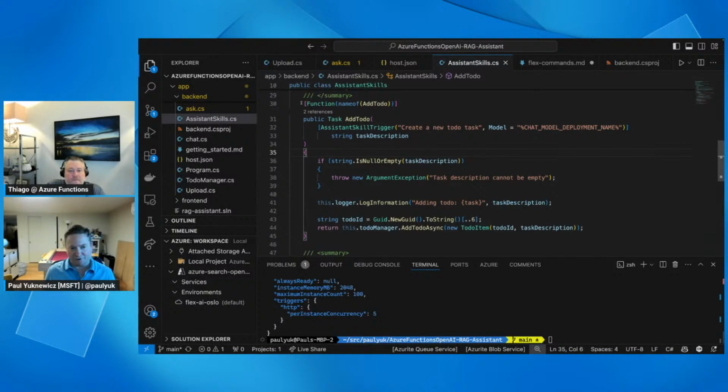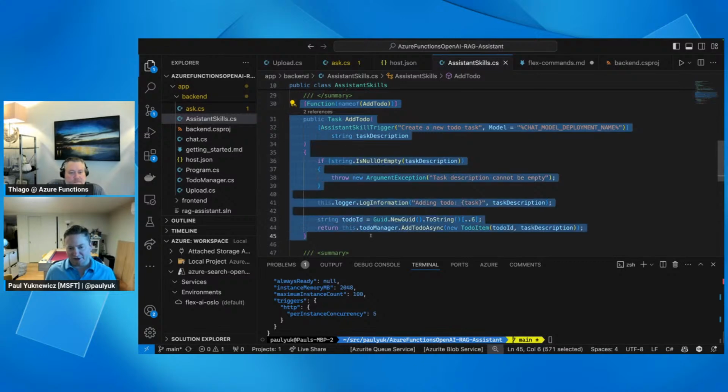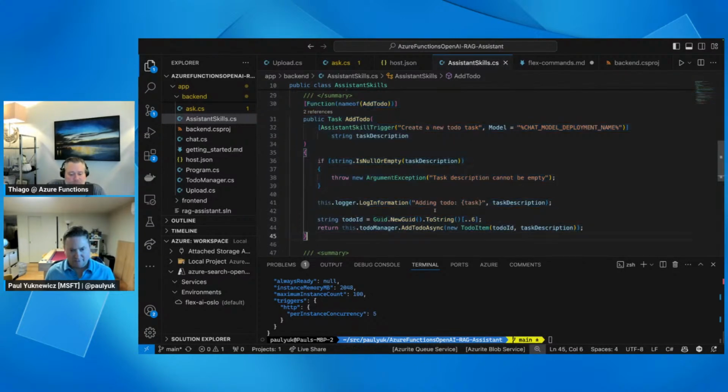So this is a really cool way, if the model doesn't know how to do something, you can extend it using a function. So that's all the code.